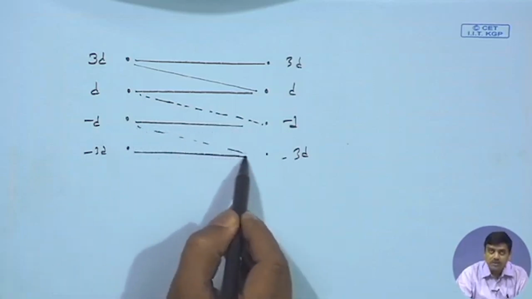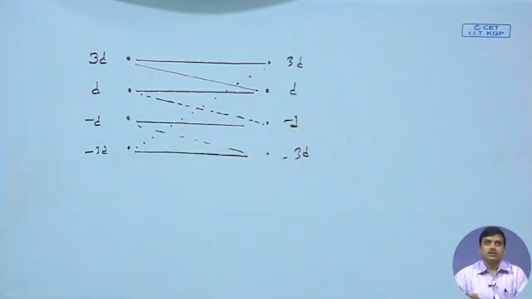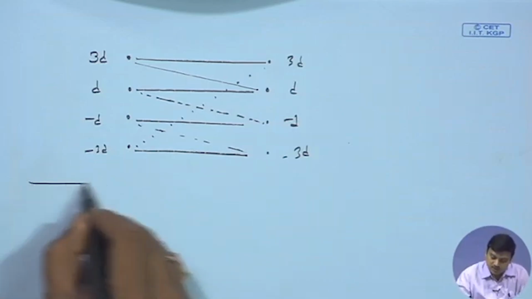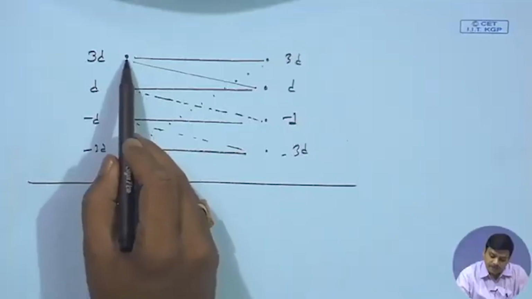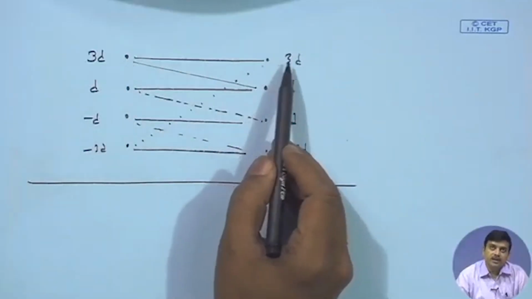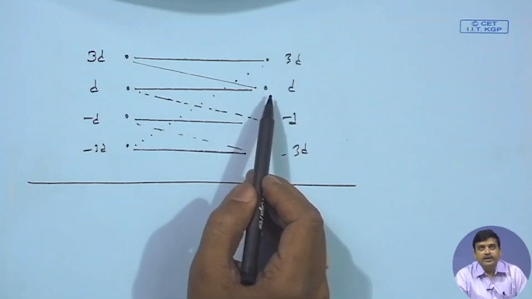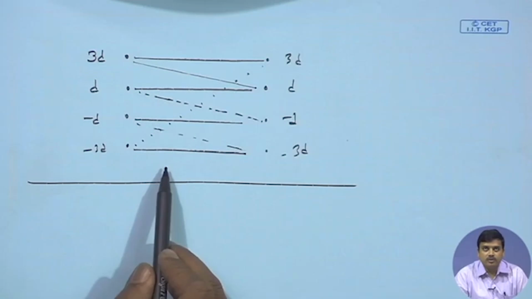And similarly for this one. For this one there is a certain probability that it becomes 3D. Let the situation be like this. In this case we could, roughly speaking, do something like the following. Suppose all are equiprobable; we started with the equiprobable discussion at some point. If I send 3D and I get 3D, it is a correct decision. If I send 3D and I get D, we are getting into error. The same discussion follows for D to D, D to minus D, and so on.